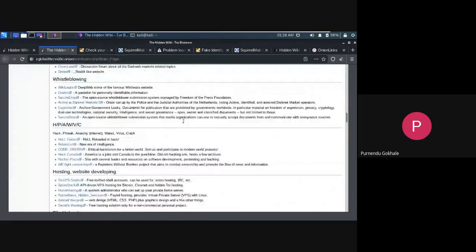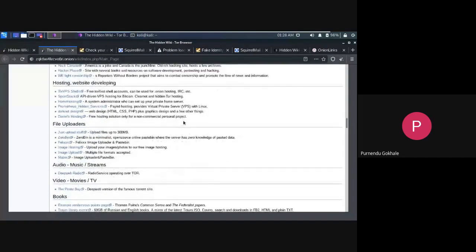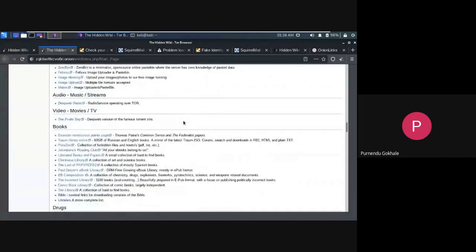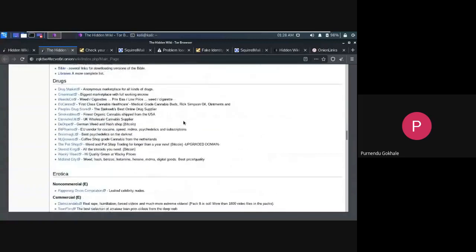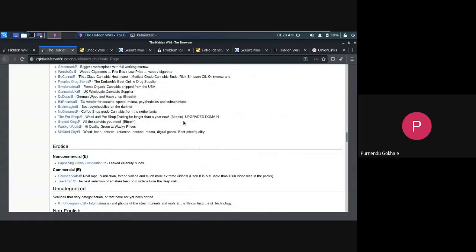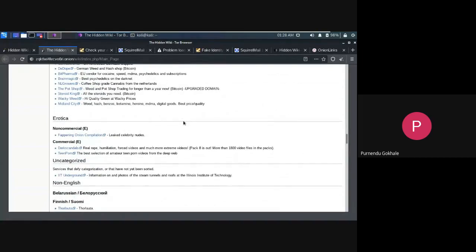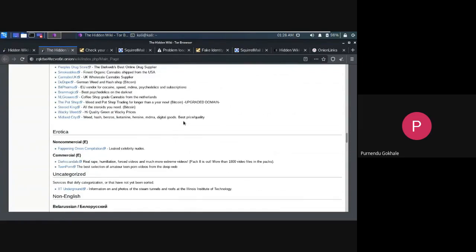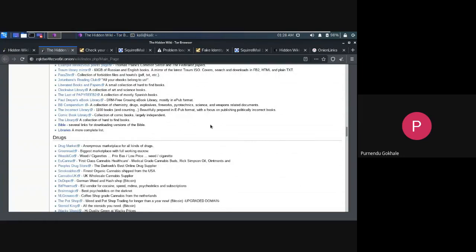There is a lot of stuff related to ethical hacking also. All the contents, tricks and hacks which can't be published on the normal net, we can find here. I've just given a basic rough idea. What I've shown here is just nothing, because showing it on a public platform is kind of risky. So you have to self-explore it. I've told you how you can start, and once you start, you can deep dive into it. It's like a vast ocean, and the more you go inside, the more you can explore.